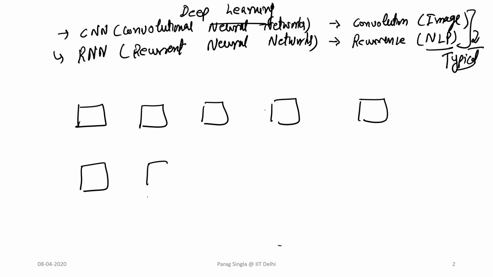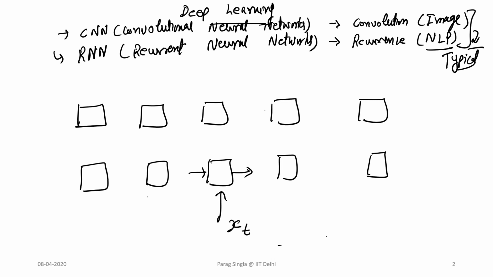I'm drawing here various hidden states at various points of time. Suppose this is at time t, and you give it input at time t, let's call it xt, and this is the forward direction hidden computation, which gives you